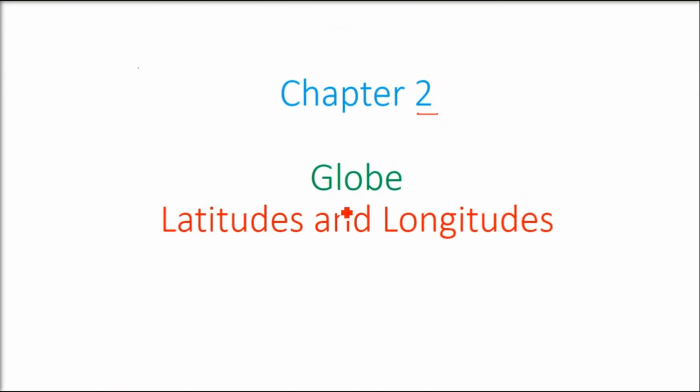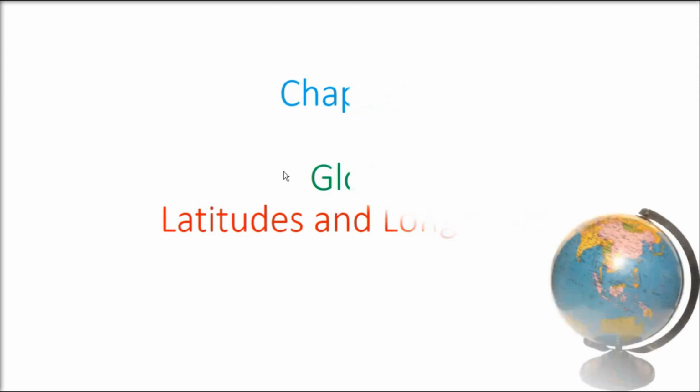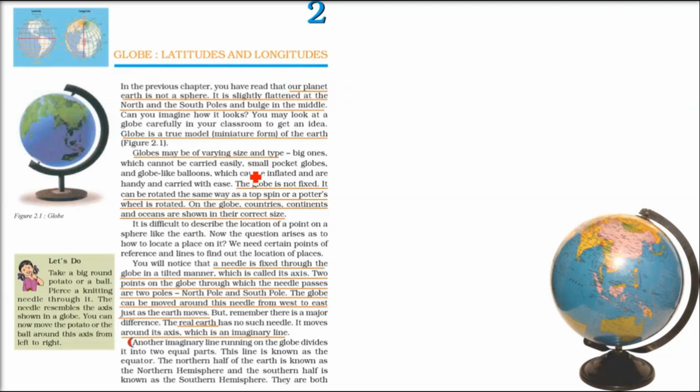This is chapter number 2, globe, latitudes and longitudes. Longitudes also we call it, akshansh or deshantar. Firstly,